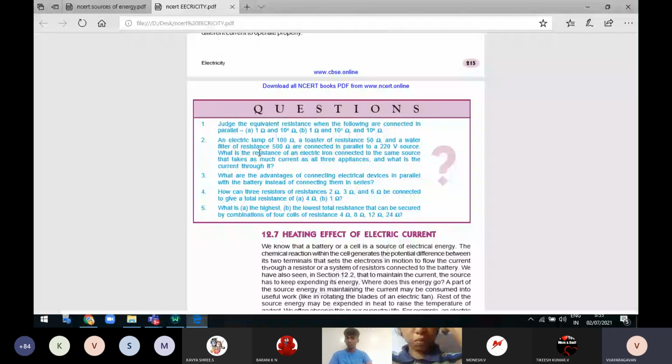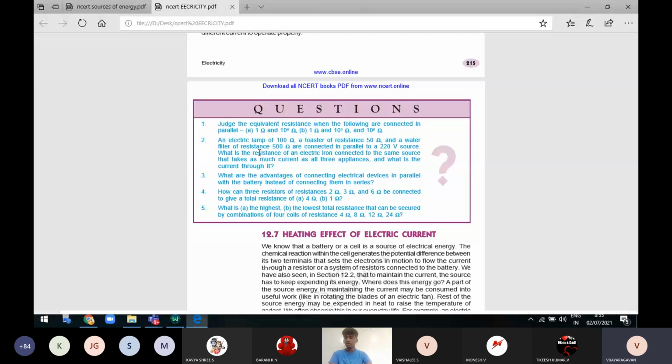So when I connected in series, I didn't get the answer; the corresponding answer is the 4 ohm resistor. But when I connected in parallel, I get the 1 ohm resistor. So when I connect all these three resistors in parallel, I get 1 ohm in total. And next, the first option is 4 ohms. How can I get these 4 ohms?